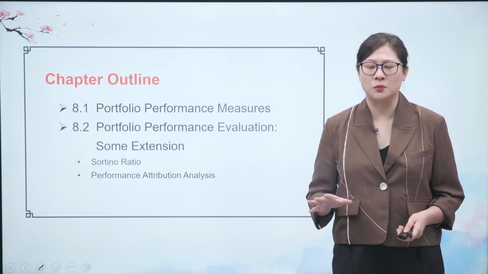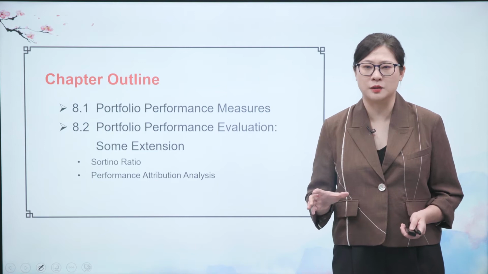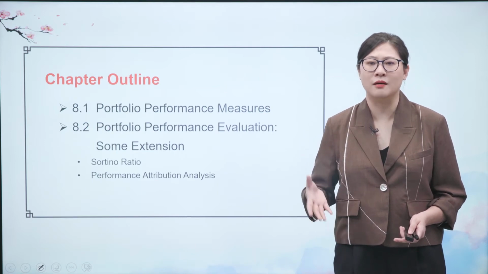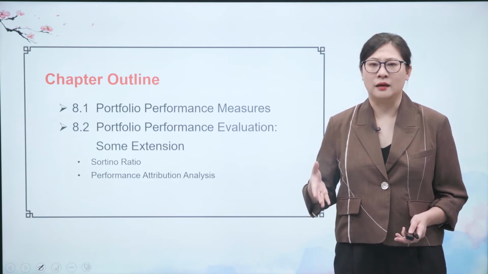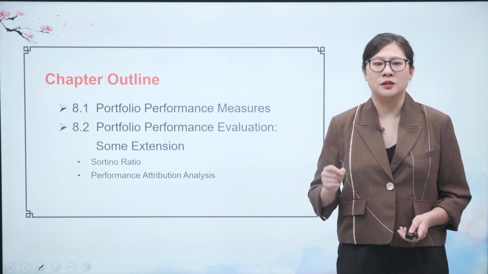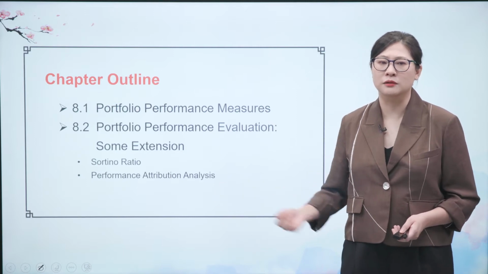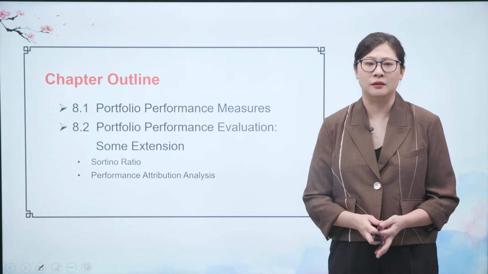But sometimes we need to consider the downside risk, especially when a stock's price goes down sharply, not up sharply. And in this case, if we consider the downside risk, we need to introduce the Sortino